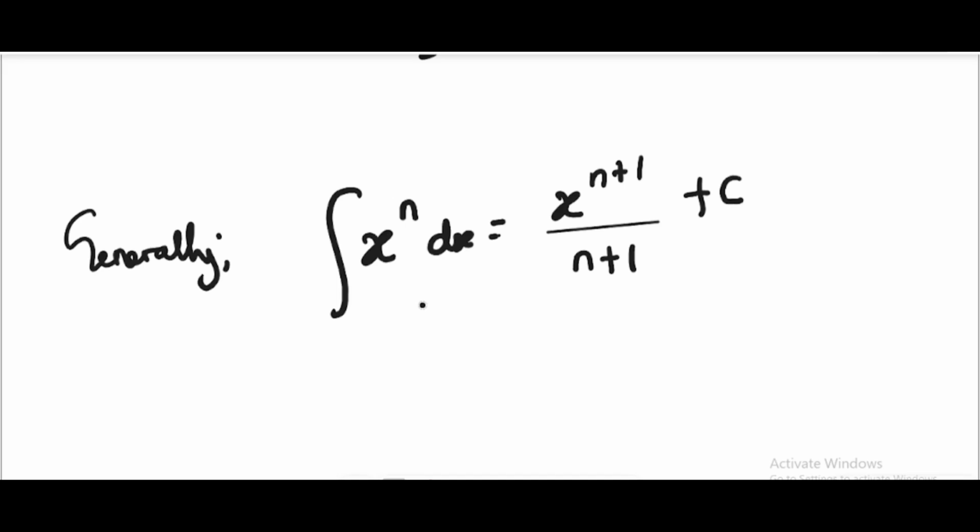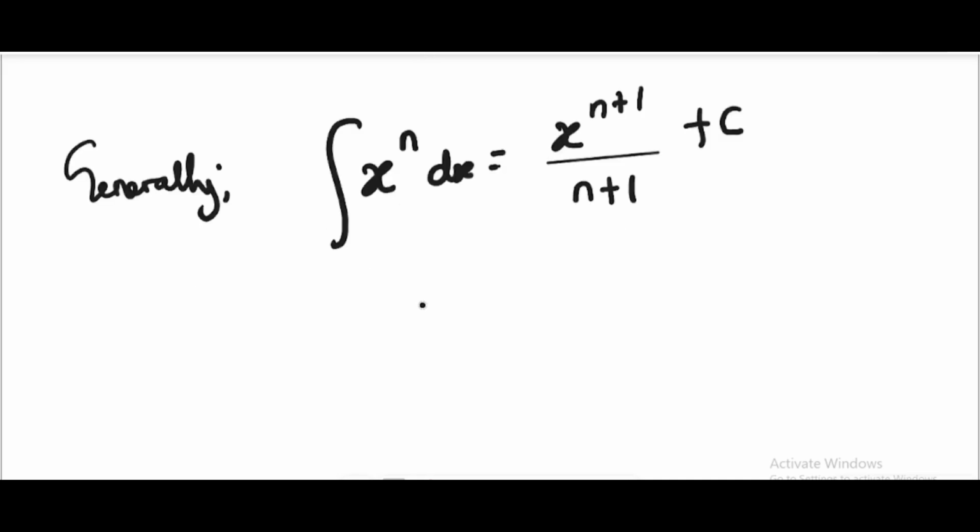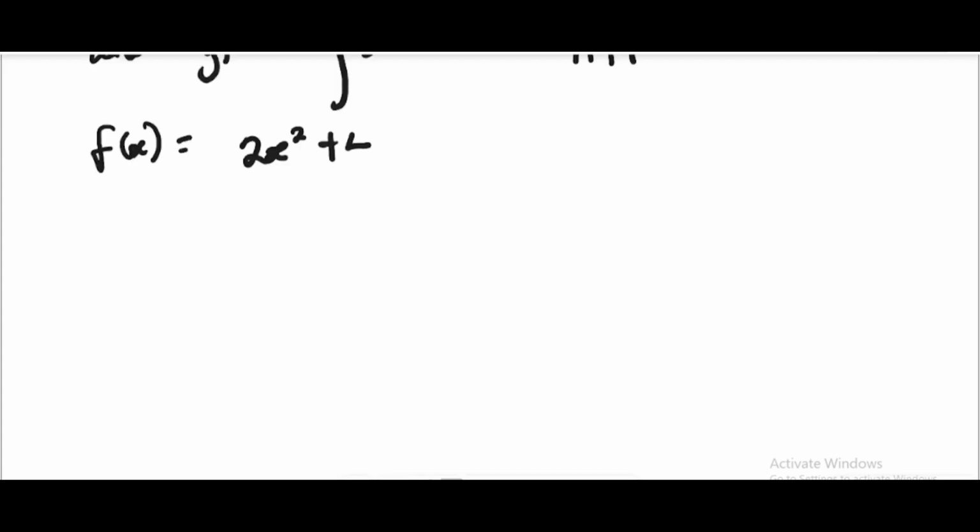My question is this: what is the use of this arbitrary constant? What is it doing there? Let me answer that question. If I give you a function f of x, or y, equal to, let's say, 2x squared plus 4, this is my function. Now, if you differentiate this,